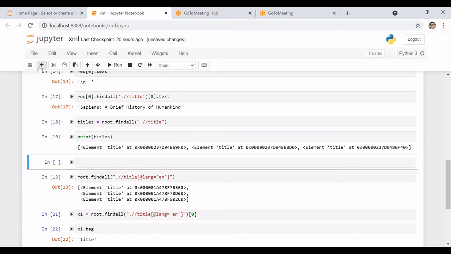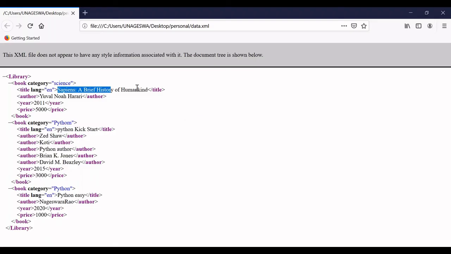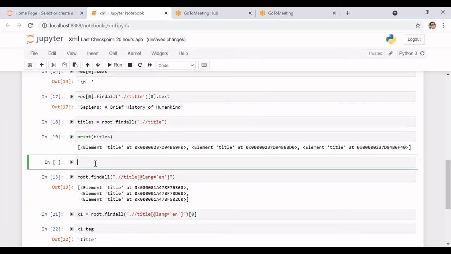Now I need all the books. So how can I get the books? By getting the text of the titles. I can get the book names by giving the text of the titles. Now I can proceed and give print list comprehension of: I will get one by one element, x for x in titles, x dot text.